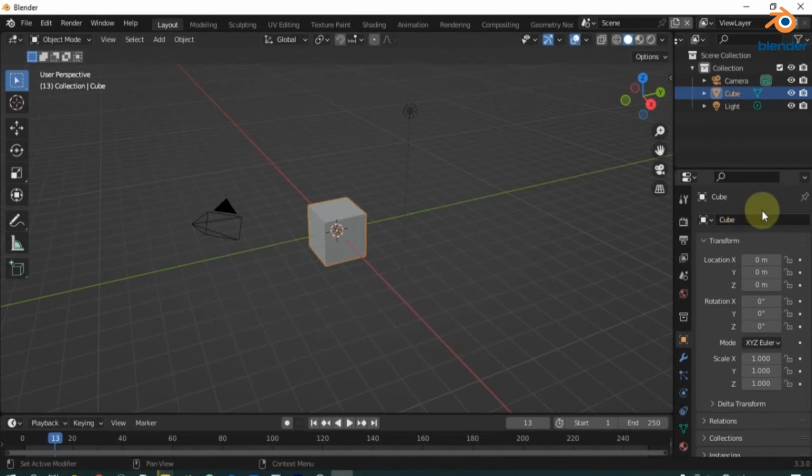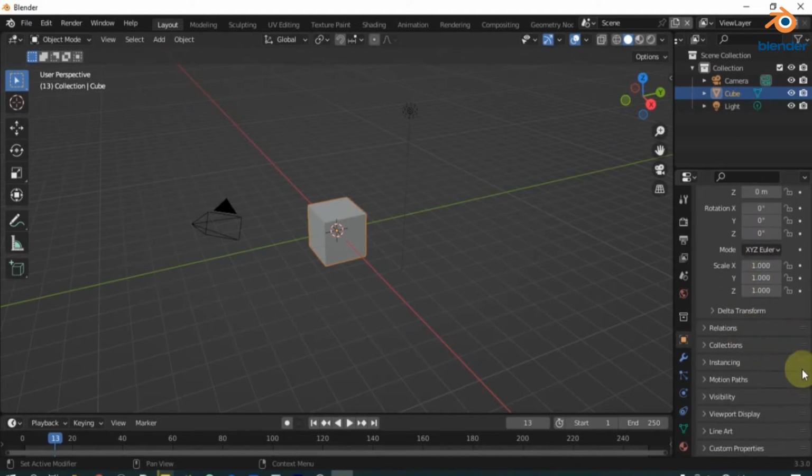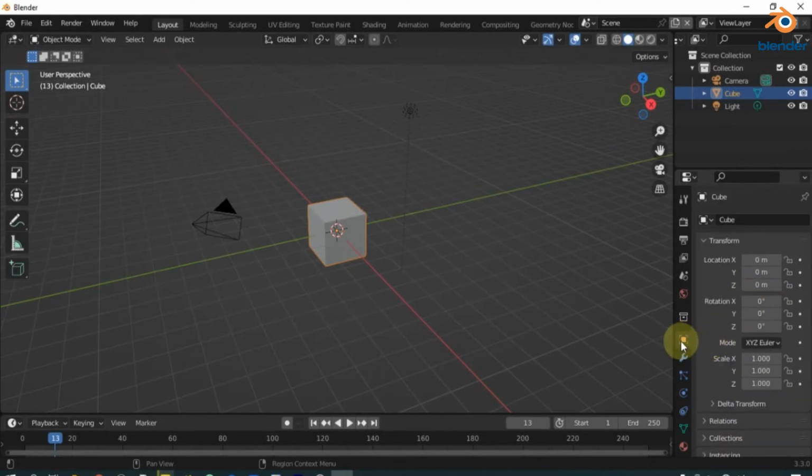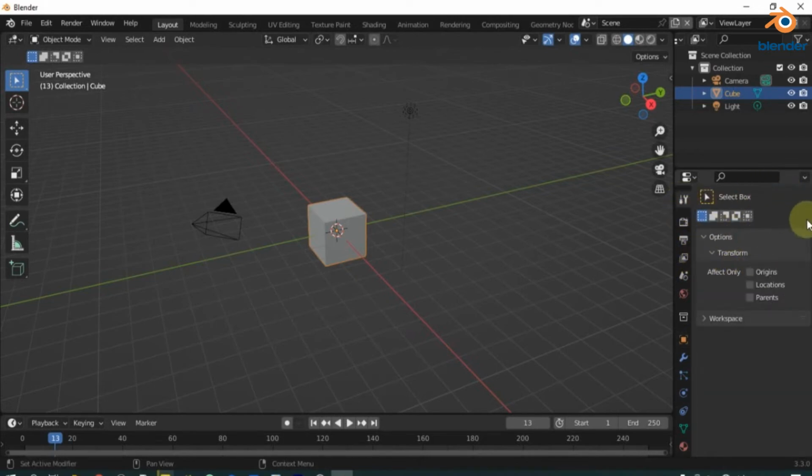Now let's talk about this control settings panel, and then maybe we can go to something else. Here I'll start with the most upper part. It is showing the properties of the selected object, the transformation, the location, the rotation, the scale, and everything. There's a list of many things that we shall learn about in future during the videos, and this is not actually the first one. It automatically selects to this part, which is the object properties, but let's skip this and then come back up here, and this is going to show us the different styles of selection